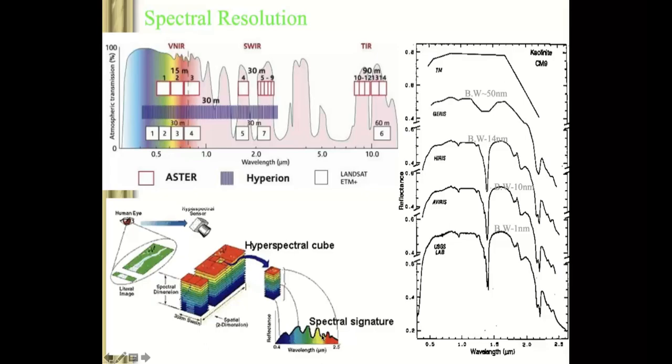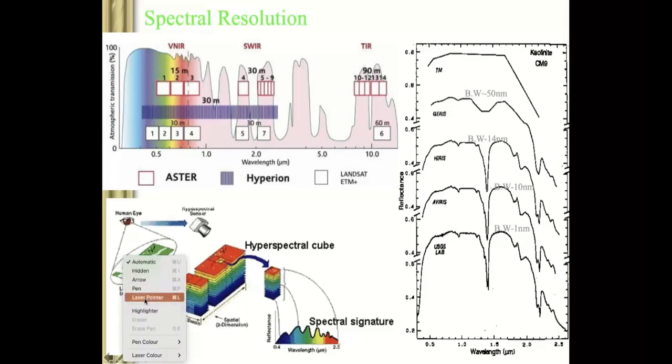Similarly, in species discrimination, species analysis or crop type mapping, we are trying to find the spectral signature, because that spectral signature is species specific. It is different for potato, paddy and rice. So with hyperspectral, we get a continuous spectral signature, which is not possible with Landsat or ASTER or any other multispectral satellite. So how things are getting different, if you see this plot here.